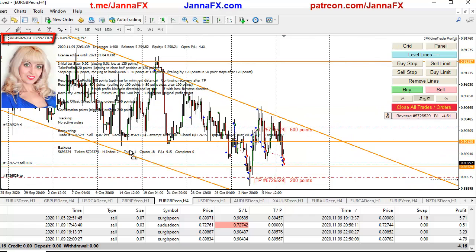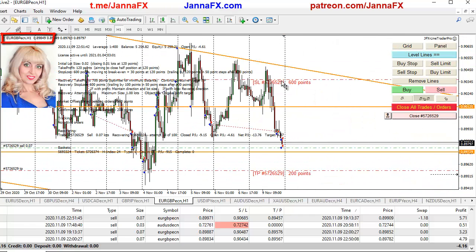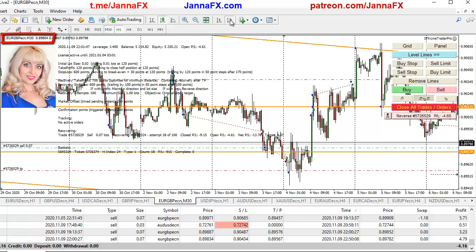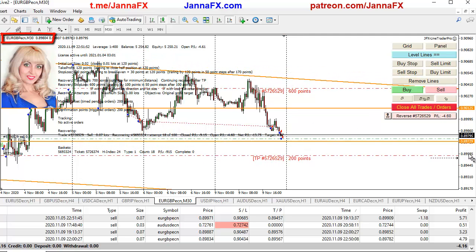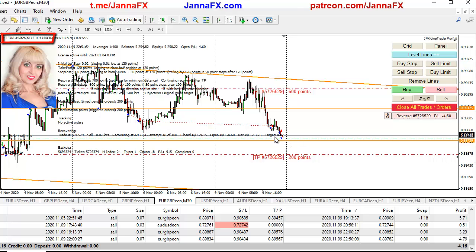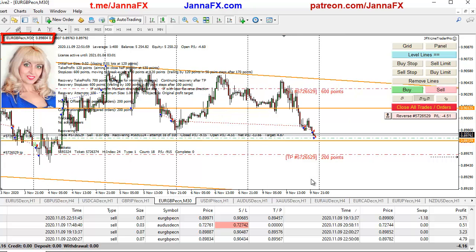So you see, as for entering into anything right now, I wouldn't, because there is no channel or anything. You see, it's just a plain move. That's why, for example, I would just wait for a consolidation, looking for the next possible entry points. But at this moment there is nothing, and if it continues, great.